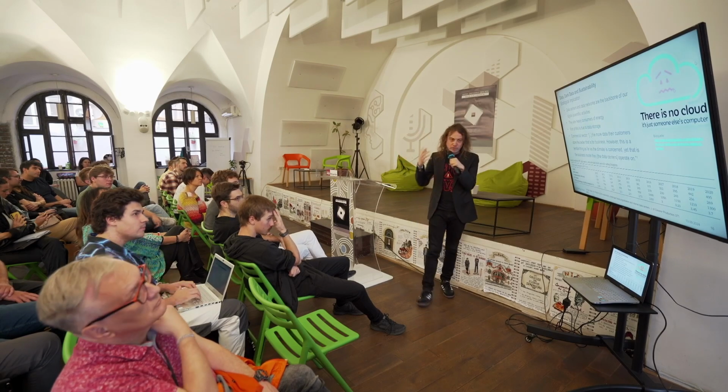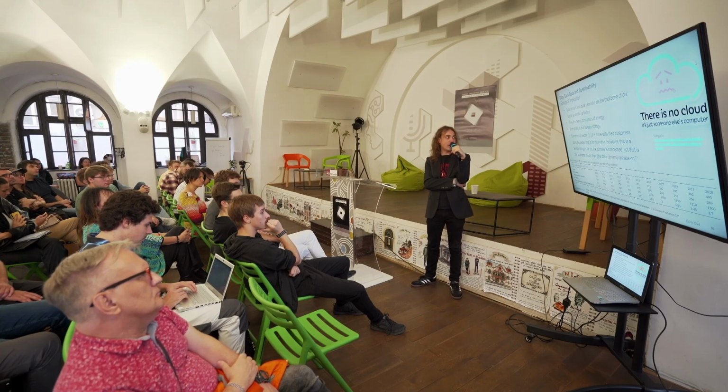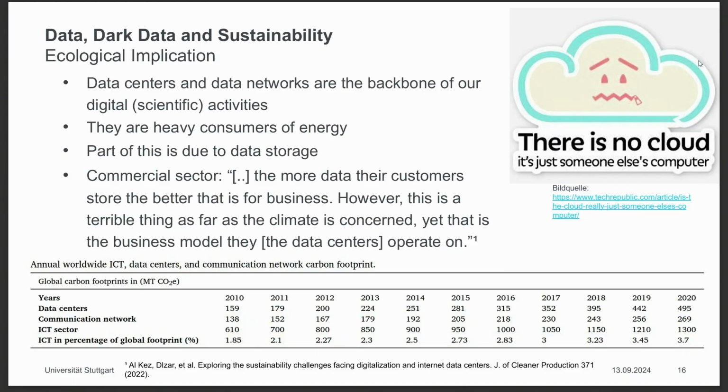Okay, these were the responsibility implication and the epistemic implication, and now I would spare some words on the ecological implications. There is a study here from 2022 where they explore the sustainability challenges with respect to dark data. And we see a steady increase in power consumption and the global carbon footprint of data centers and communication networks. You can see, for example, that the global footprint of the ICT sector has almost doubled from 2010 to 2020, going from 1.8 to, or more than doubled, sorry, to